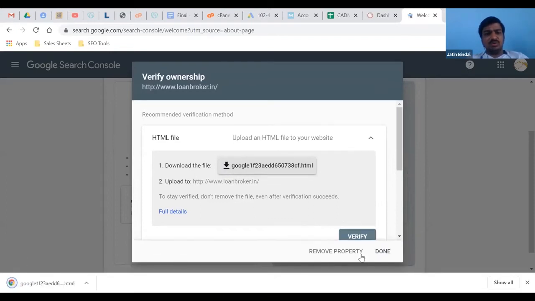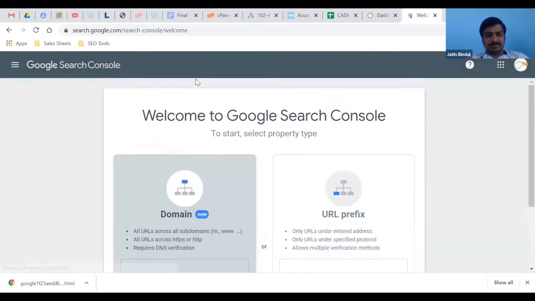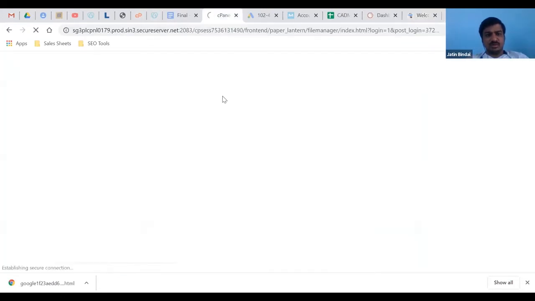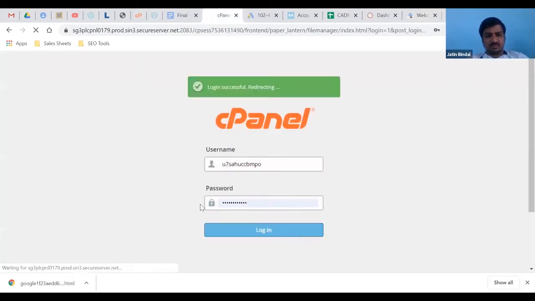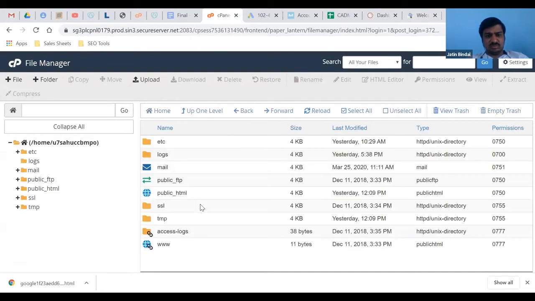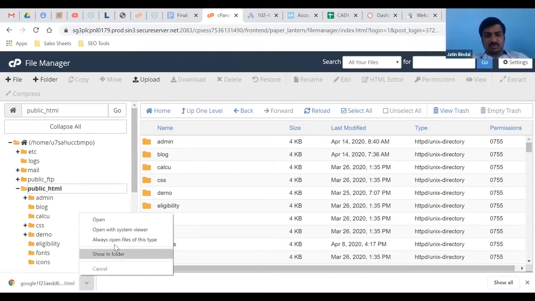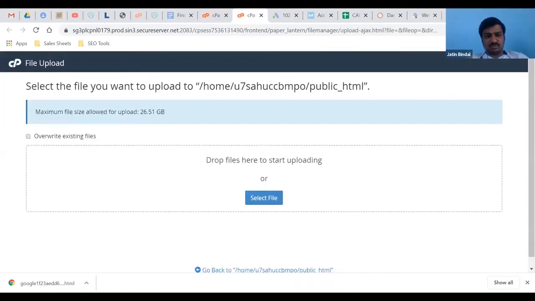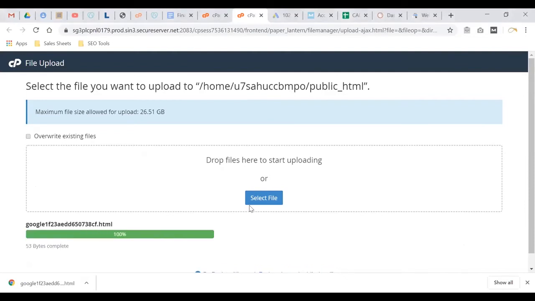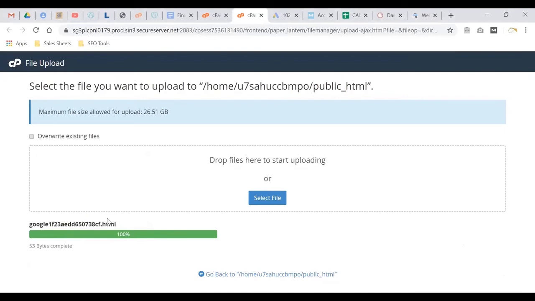Okay. Go to your cPanel. Go in public folder, public HTML. Yeah, upload this file. Okay, uploaded this exact file?